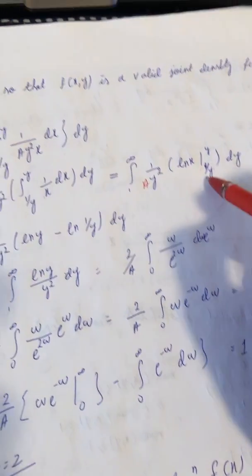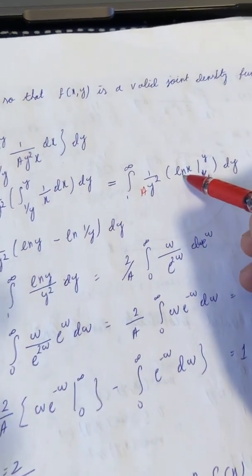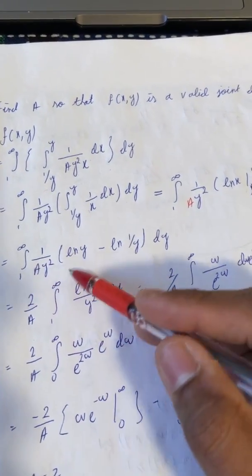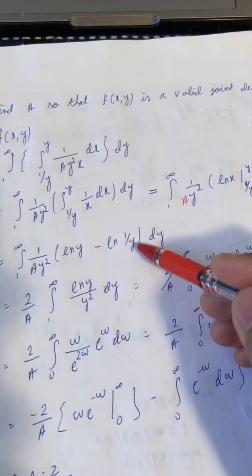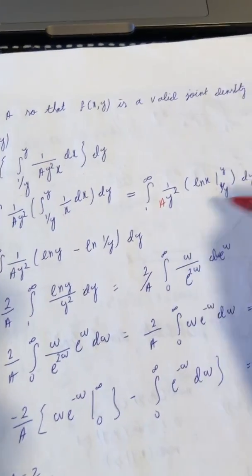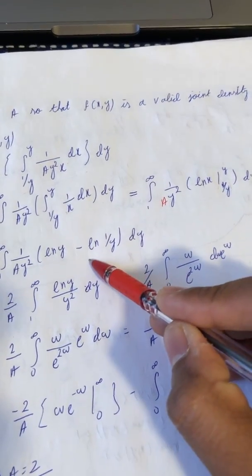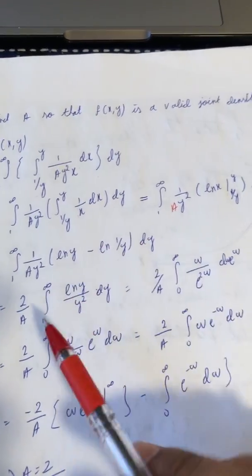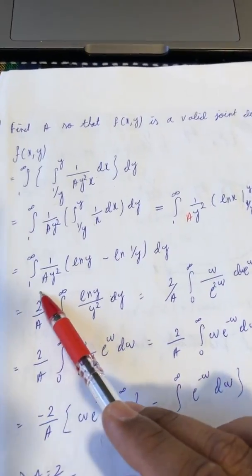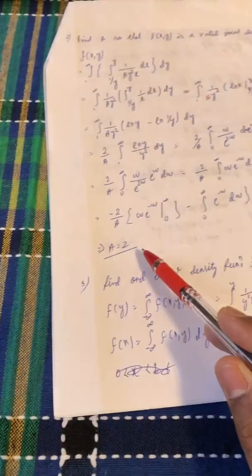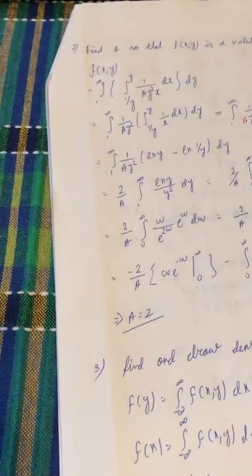By solving this part, adding the value of y in place of x, we get 1 by a y square whole into ln y minus ln 1 by y dy. So now we have eliminated the x. Now we have to solve this for the value of y. By solving for the value of y, we get the final a value as 2. So the third part is